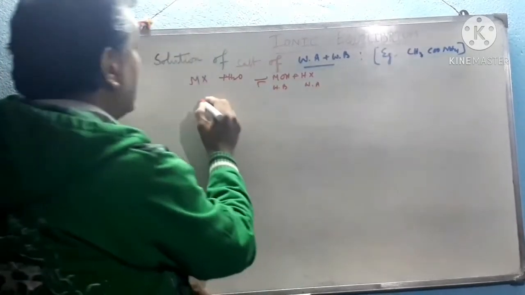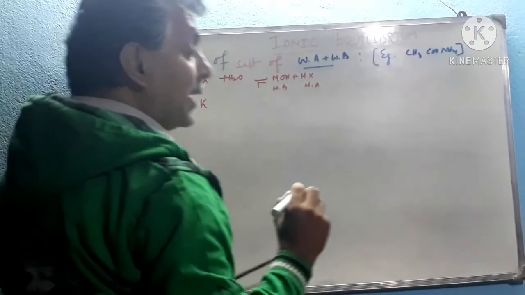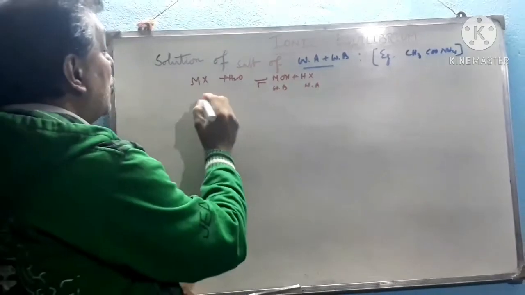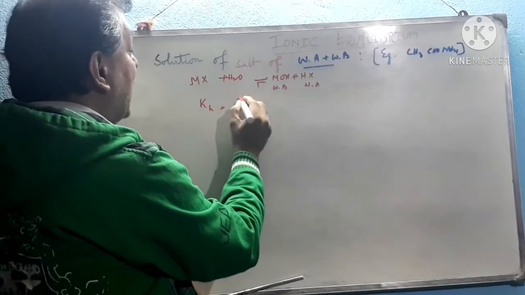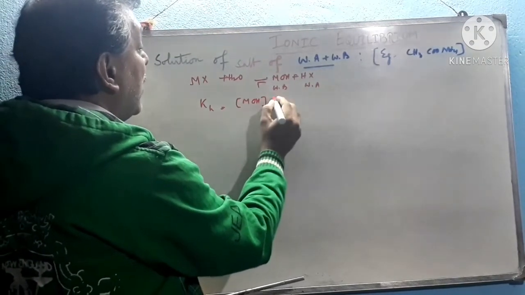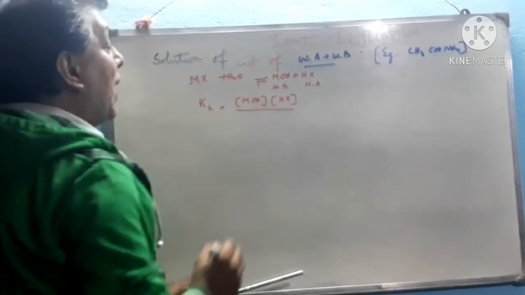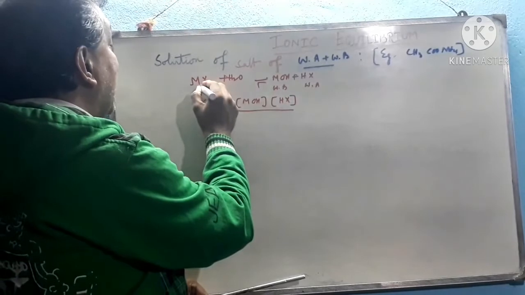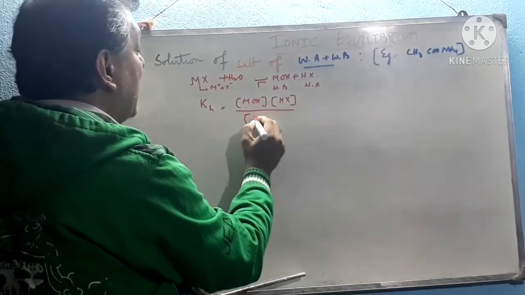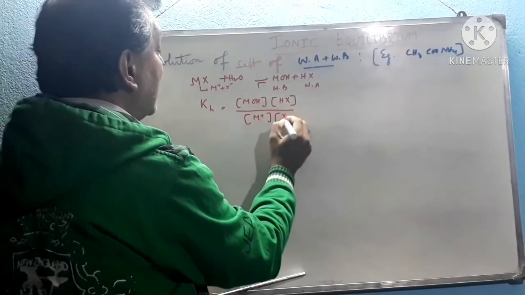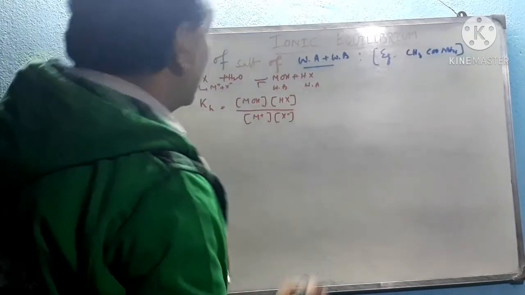Therefore the Kh of the solution now, because they do not get completely dissociated in its aqueous solution. So for this total reaction, the hydrolysis constant Kh can be written as concentration of MOH, concentration of HX divided by concentration of M plus into X minus, because it dissociates in its aqueous solution to form M plus X minus, so it can be written as M plus into X minus. In its aqueous solution water remains the same because the concentration of water is unity as it is a pure solvent.